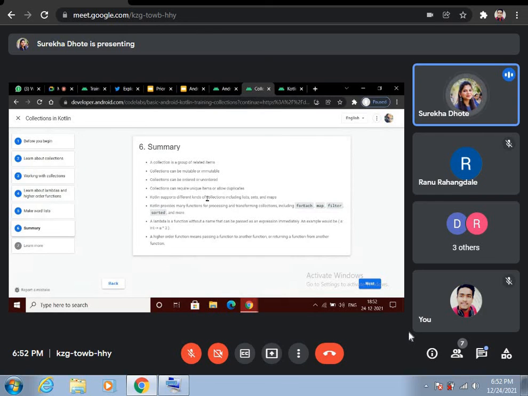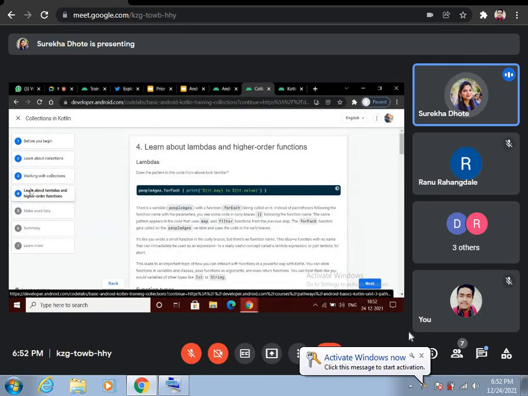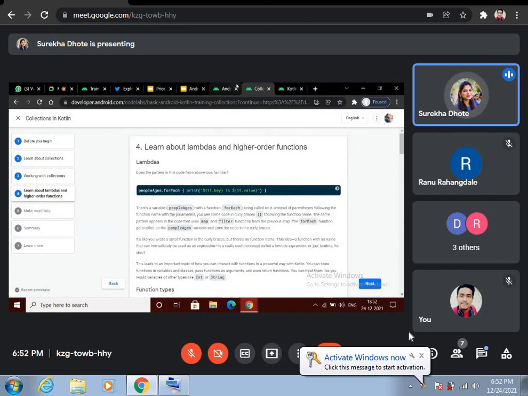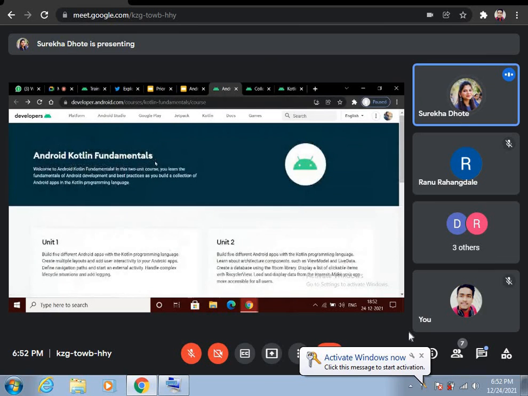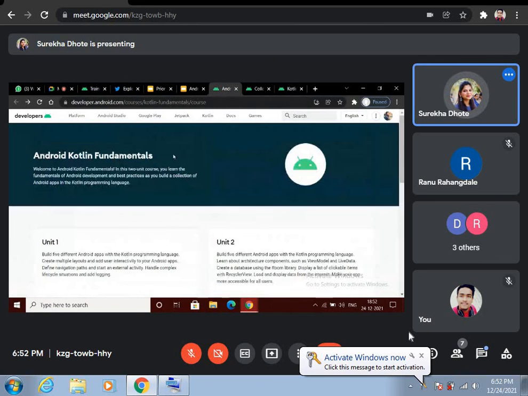So I think that's it for today's session. I have taken you through some very simple concepts of Kotlin, and I would like you all to complete these pathways. I have already shared the link of these pathways.